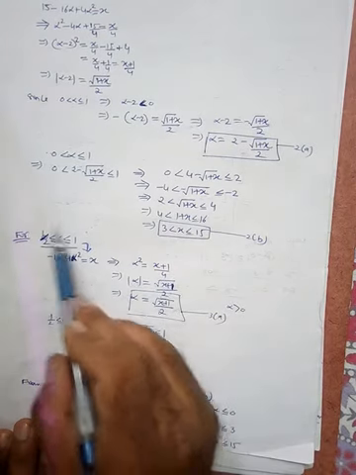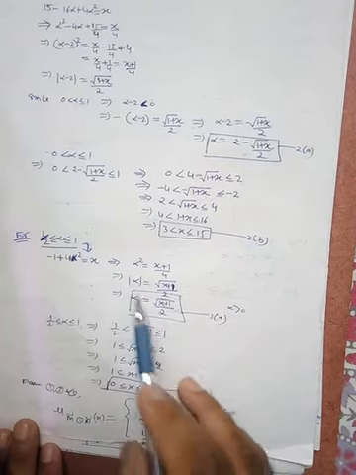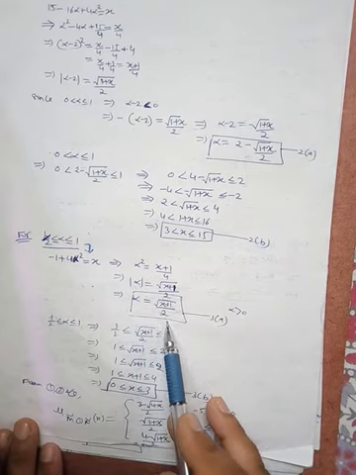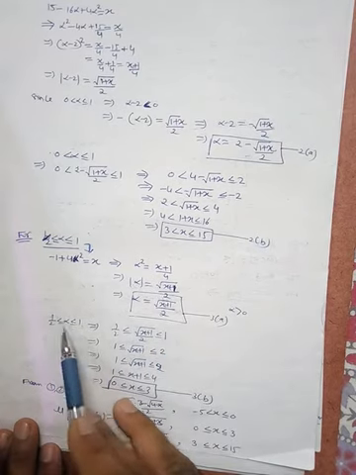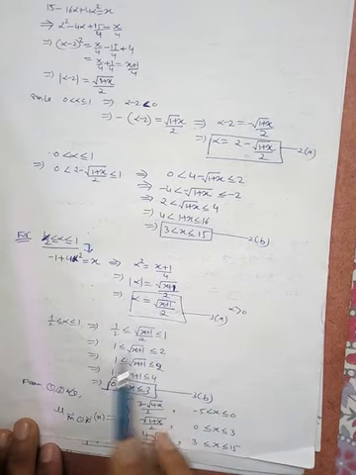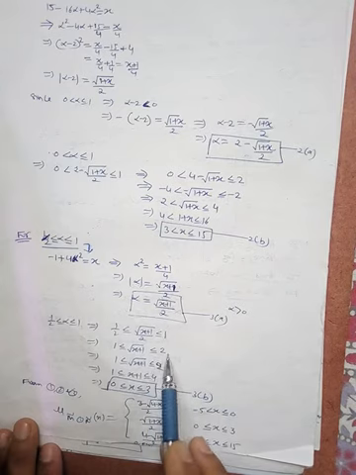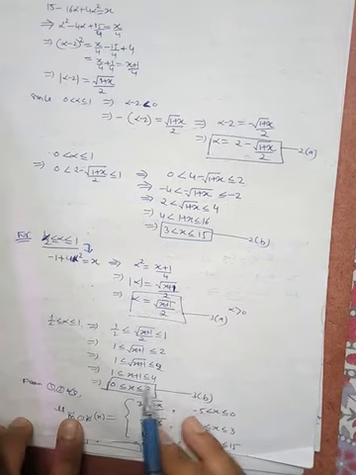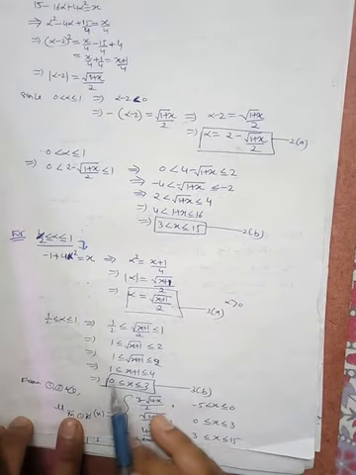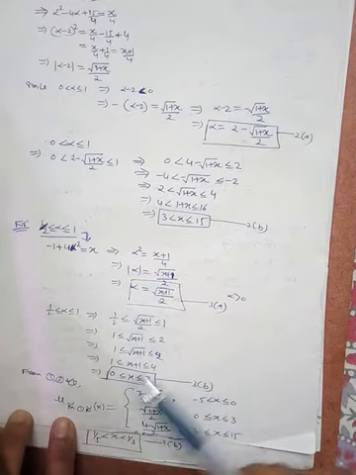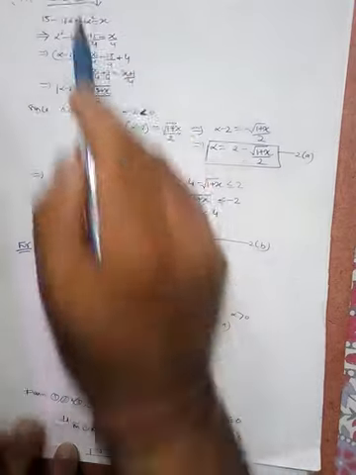Okay, since here alpha is half to 1, for this choice of alpha, this is always a positive quantity, so we take the positive sign, square root of x plus 1 by 2. Okay, now range is half to 1, put alpha is equal to square root of x plus 1 by 2 here, and then multiply by 2. So 1 is less than or equal to square root of x plus 1 is less than or equal to 2, squaring both sides. So we get 1 is less than or equal to x plus 1 is less than or equal to 4. Then subtract by 1. So 0 is less than or equal to x is less than or equal to 3. Okay, 3b.